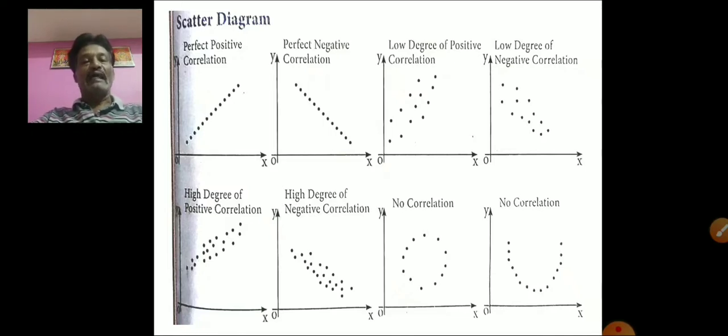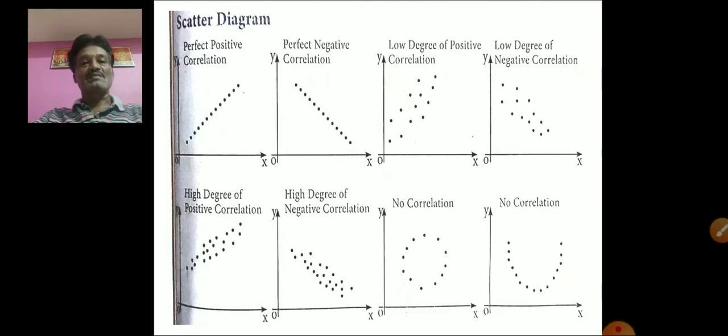Suppose, on the other hand, you get a straight line that passes from the top left-hand corner to the lower right-hand corner. That means it is in a downward direction. If a curve or a line is in the upward direction, that explains a positive relationship between the given variables. If the line is downward sloping, it means there is an inverse relationship between the x and y variables.